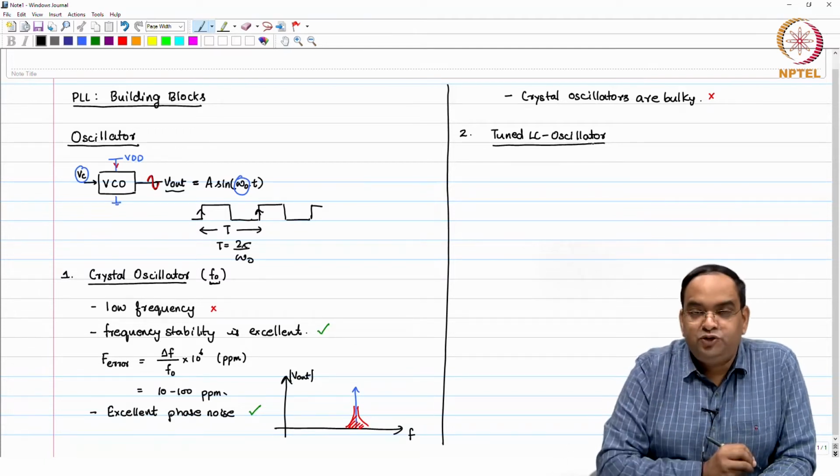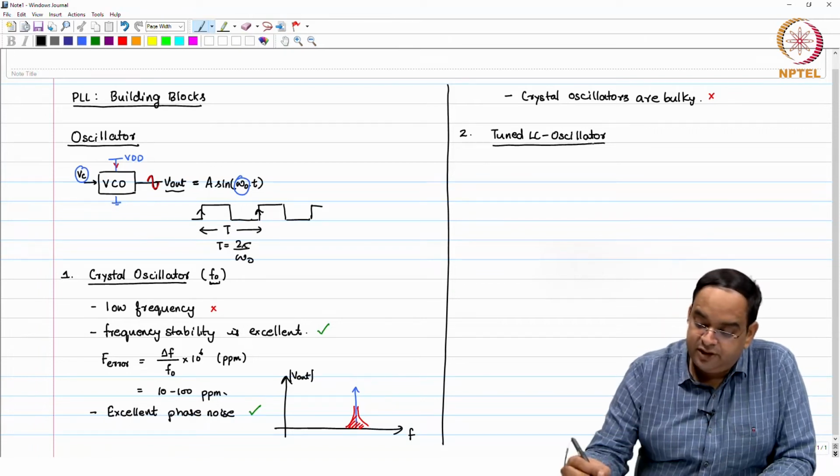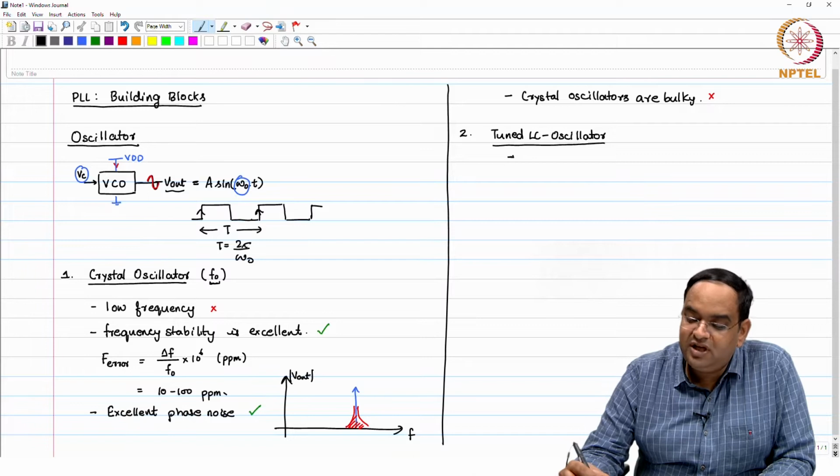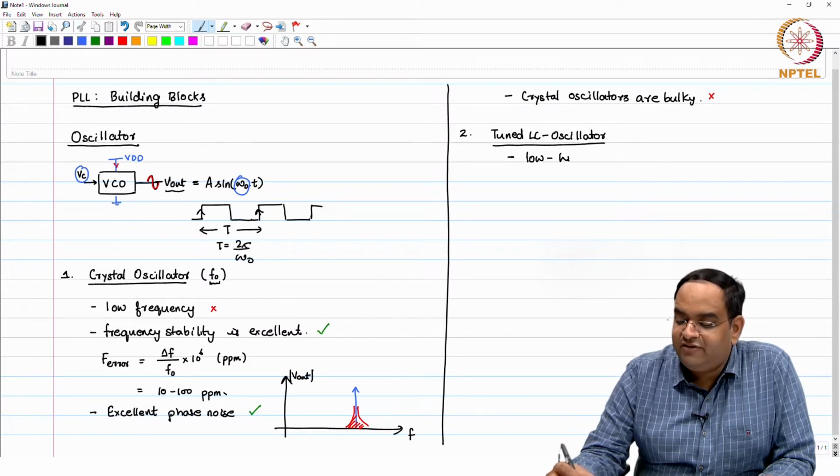So, we can choose the inductor and capacitor values as we want, and we can realize that. So, here the frequency is not the limit. Low frequency will have its own problems because inductors may be very large, but you can get in general low to high frequency outputs. Okay. Frequency is not an issue,